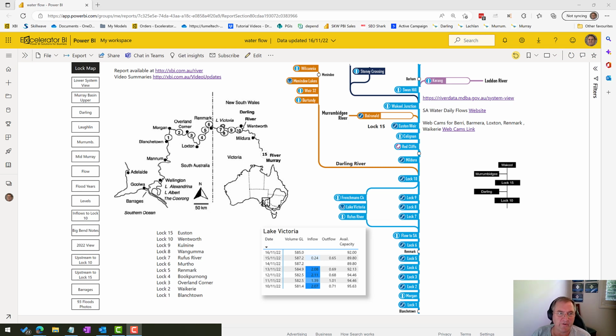I've just finished refreshing the report. First of all, I've now brought this Lake Victoria chart onto this page. I can't remember if it was there when I did the last report or not. But what this enables us to do is keep track of what's happening in Lake Victoria. You'll probably recall from one of my previous videos that there is some storage. There's still 92 gigalitres of storage available in Lake Victoria, and there's a bit of water coming in and